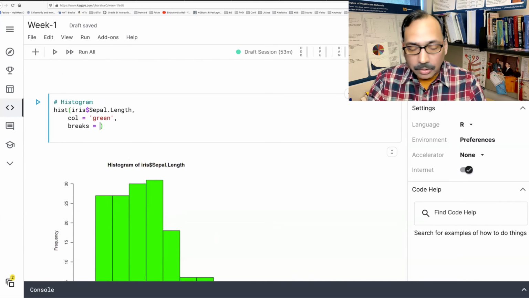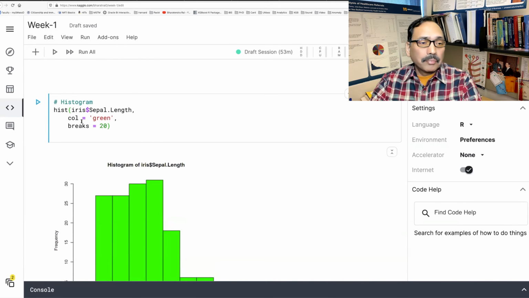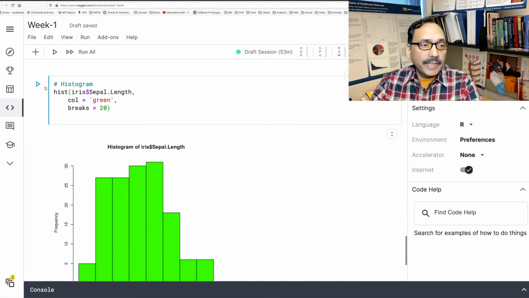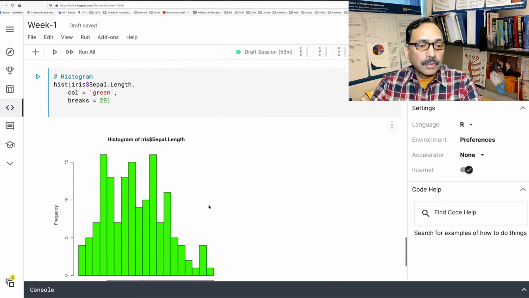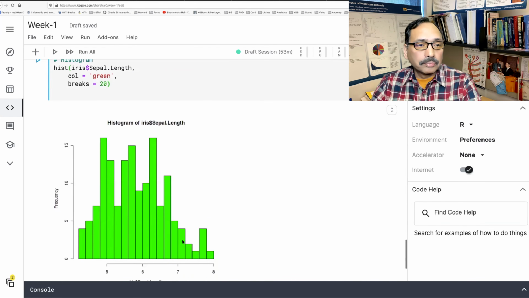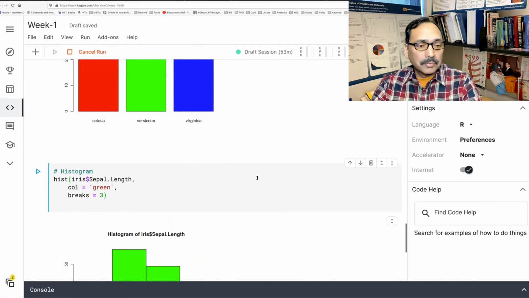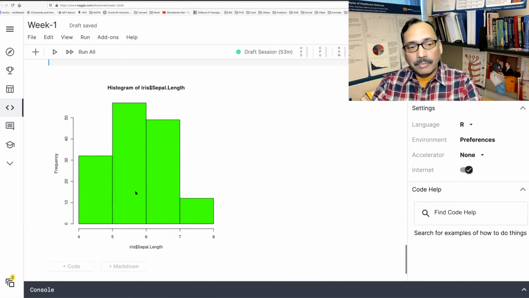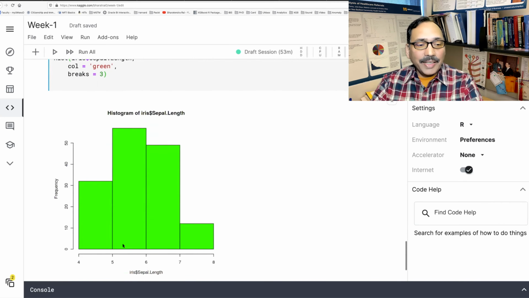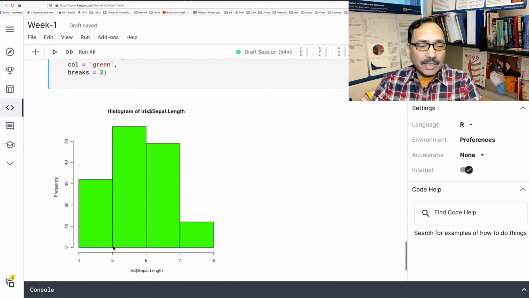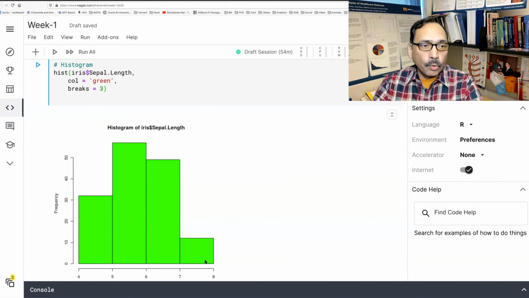Let's say if I want 20, if I say breaks equal 20, you see now you have more bars. If I say only 3, obviously it will not be enough, but it will still make it. When you say 3, it may not be exact 3 because one break is here, 1, 2, and 3. So number of bars you get is 4.